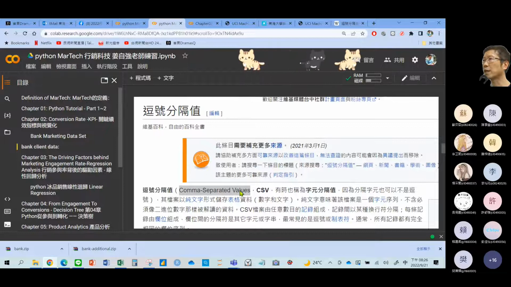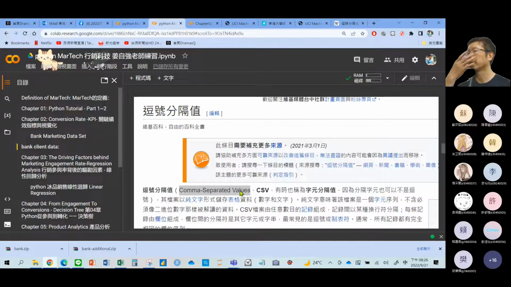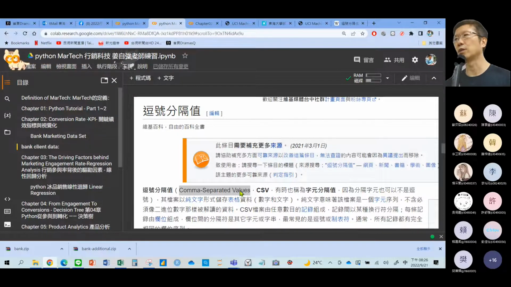Okay, so you can use a comma or maybe a semicolon to separate the different variables. 因为我们有太多的栏位，17个栏位、20个栏位，每个栏位我们用 comma 或者是 semicolon 这些都可以去做分割。